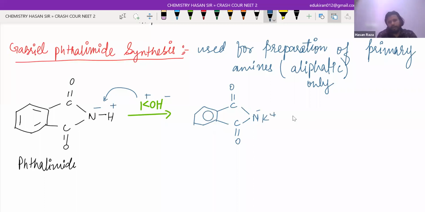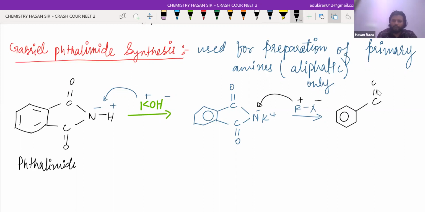After getting this salt, you are going to react this with alkyl halide, that is RX, and again follow the same rule, negative, positive. So this positive will be going with this, and you will be getting an alkyl halimide. That means you can see this is your C double bond O, and again C double bond O, and N negative. With N negative, R will come, and this becomes N alkyl. R is alkyl group. So N alkyl